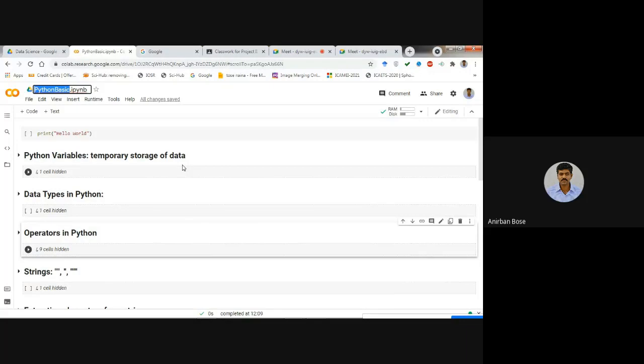So you have opened one Colab file and you renamed that file. I think up to this much it is clear, how to rename the file.